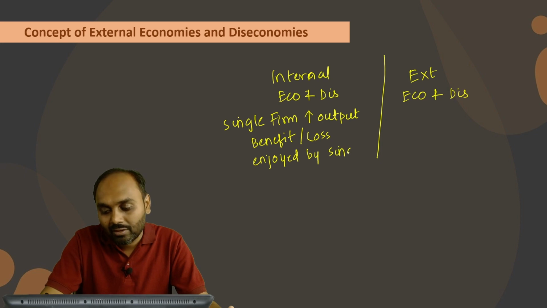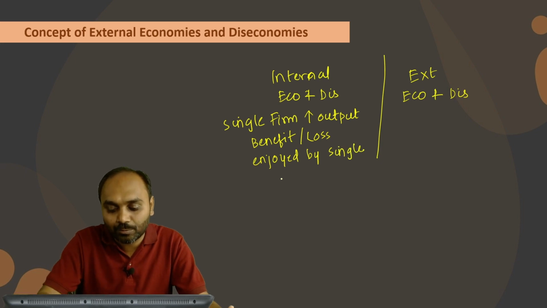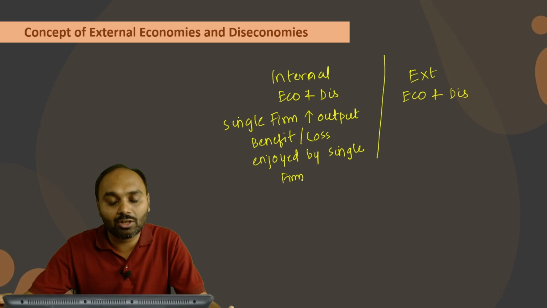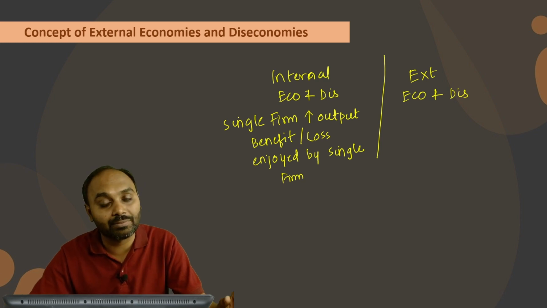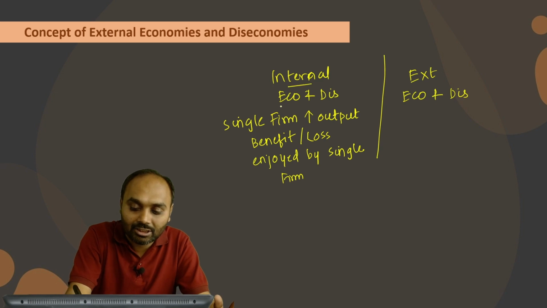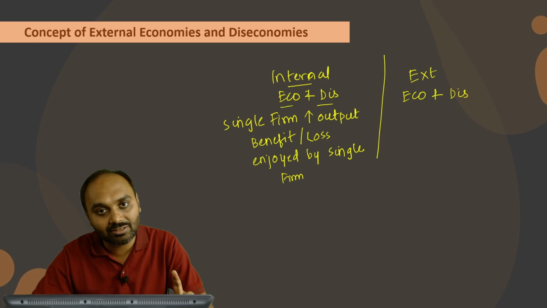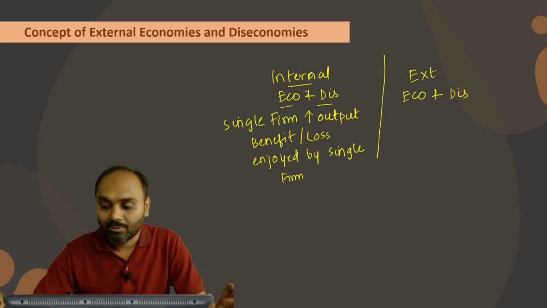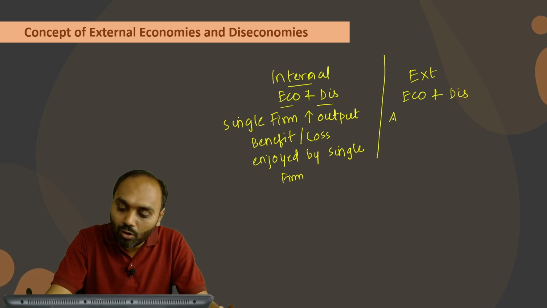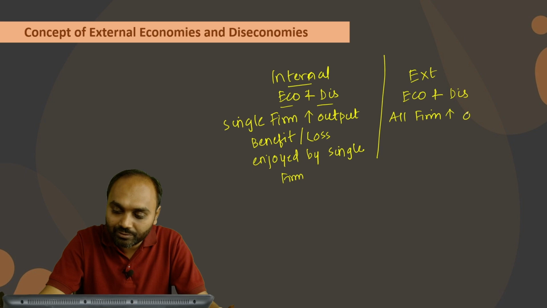So if company X is increasing the output, then the benefits and losses will also be enjoyed by company X itself. That will be internal economies and diseconomies. So the firm is increasing the output and the benefits as well as losses are enjoyed by the firm itself. But in the case of external, all firms, not a single firm, but all firms increase the output